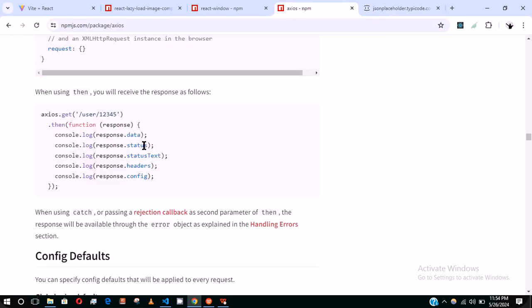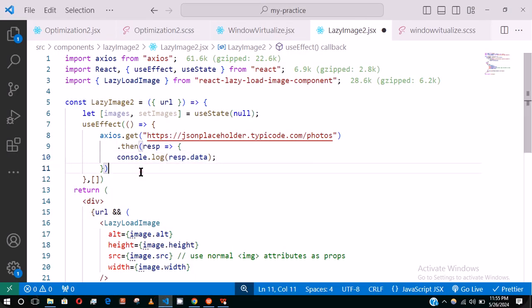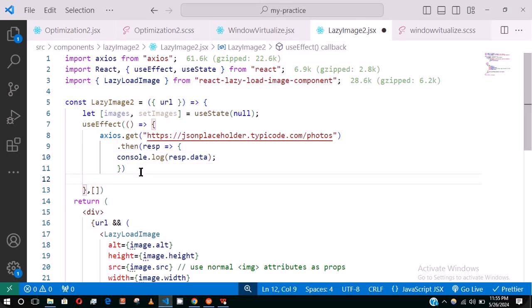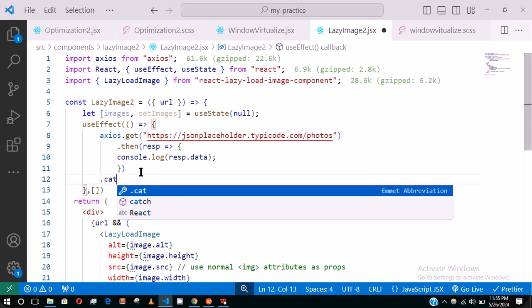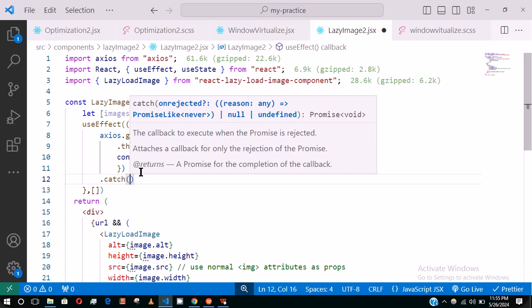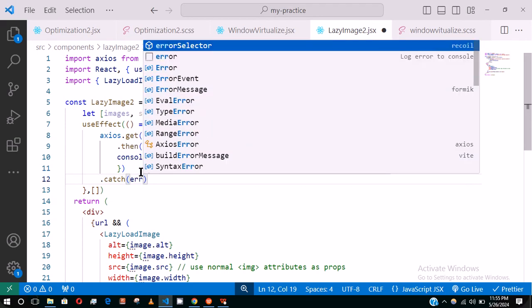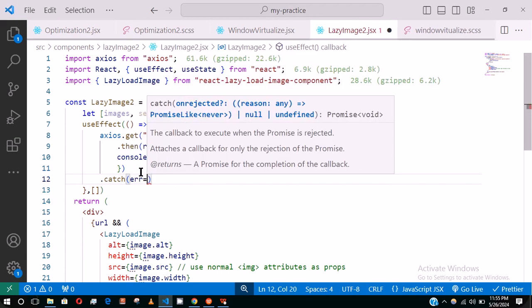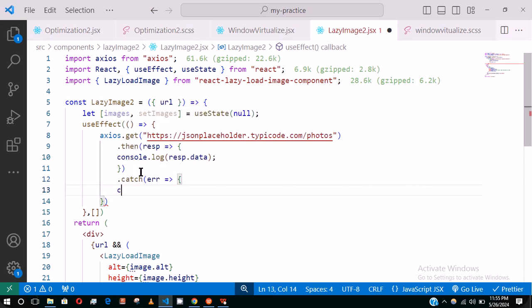resp.status, it's going to show you a status code of 200. That means it's okay. Then the status text is OK. Then the headers, then the config. If you want all those things, but we don't want them for this purpose. So .catch. In case there's an error, you will be able to know that an error occurred. So my function again, then console.log error,